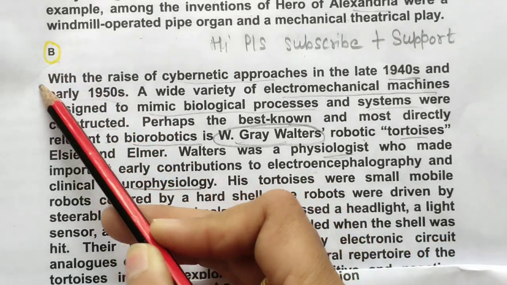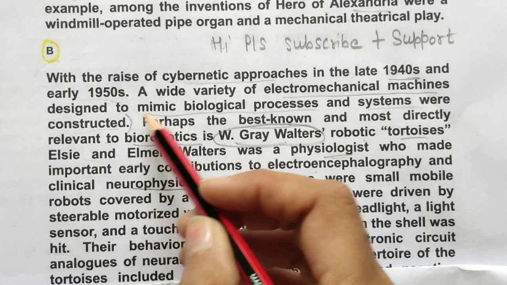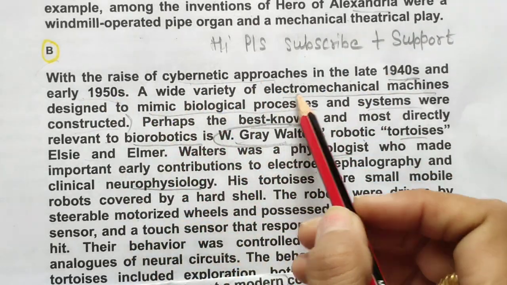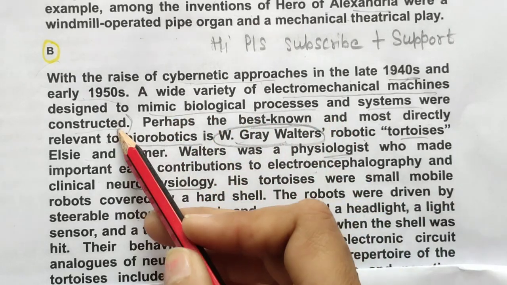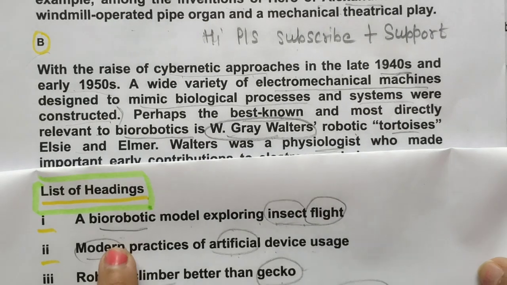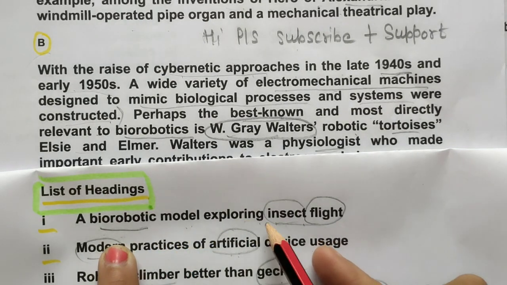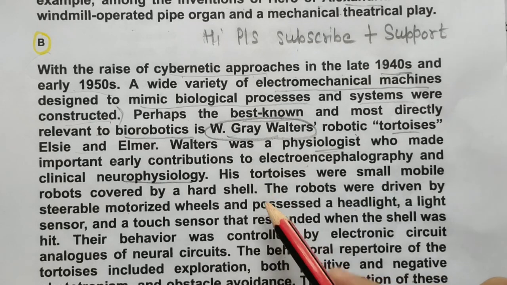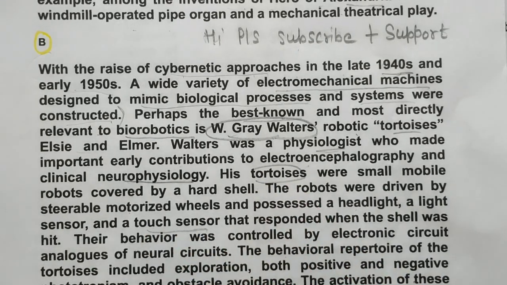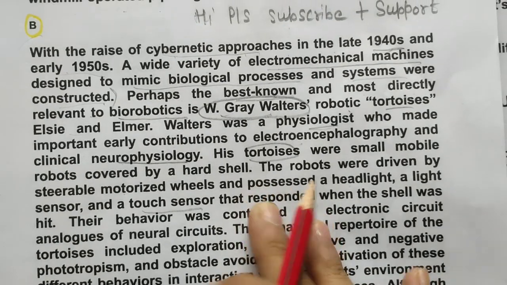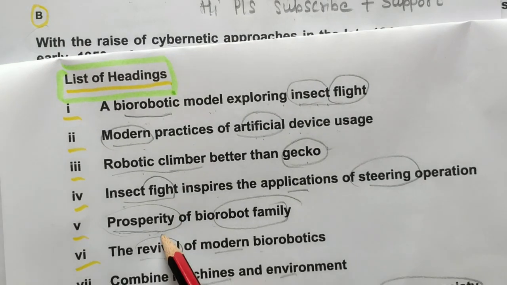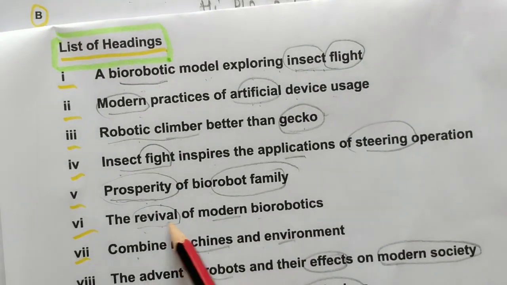Okay, let's read this sentence also. With the rise of approaches in the late 1940s and 50s, a wide variety of these mechanical machines and systems were constructed. Okay, let's read the options. So first, a bio-robotic model exploring insect flight was not there. So tortoise they are talking about, and touch sensors, so many things they are talking about, but about early years also. See this, insect flight not there, prosperity of biorobot families also not there,